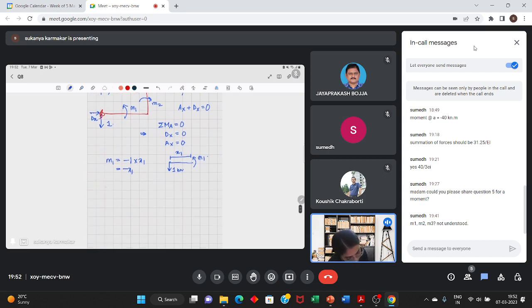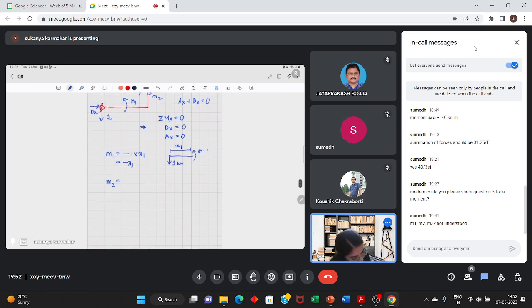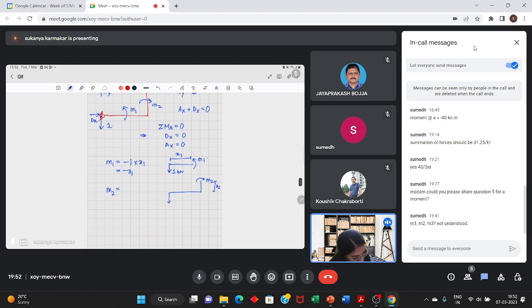Next, you have to calculate M2. M2 will be, you take it like this. This is M2. This much is X2, and this is 1. This length being 10 meters. So M2 will be